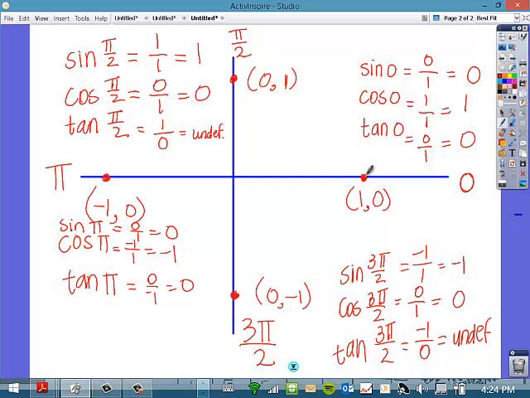Tangent of 0 is 0. Tangent of pi over 2 is undefined. Tangent of pi is 0. Tangent of 3 pi over 2 is undefined. So tangent goes 0, undefined, 0, undefined. All right. Let's use this